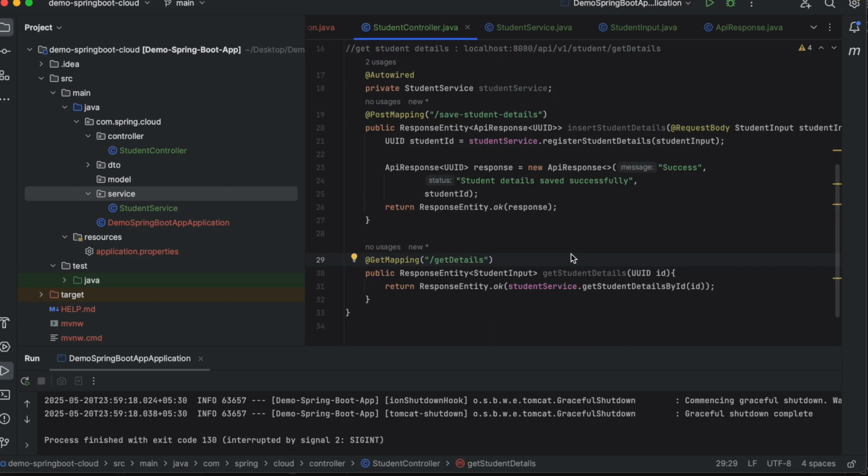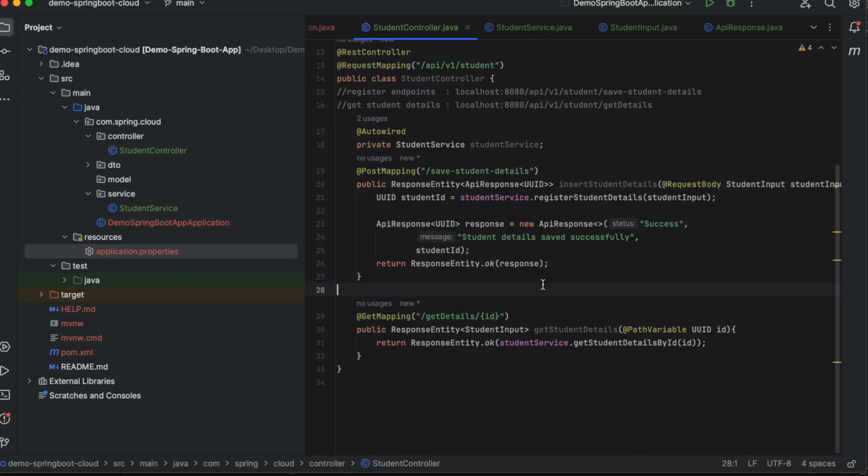Here we missed one more thing, and that is the path variable that we are going to take from the users, right? And here one more annotation, and that is path variable, right? So the user has to pass this ID as a path variable, and based on that we will fetch the student details.